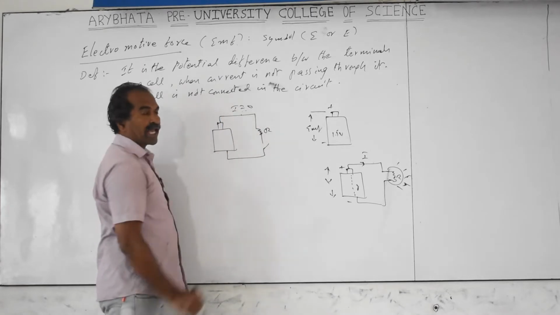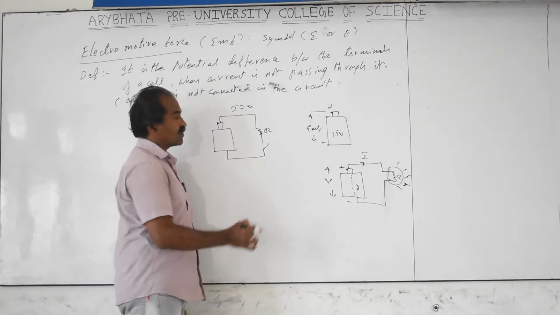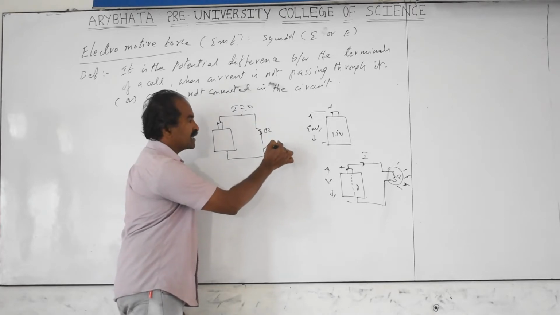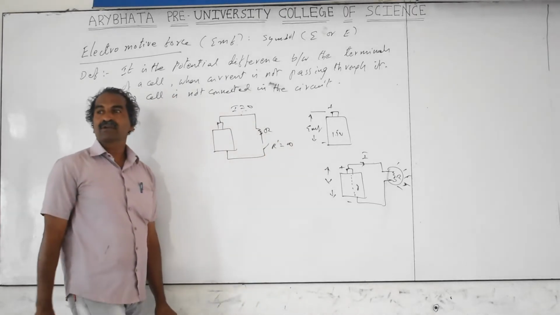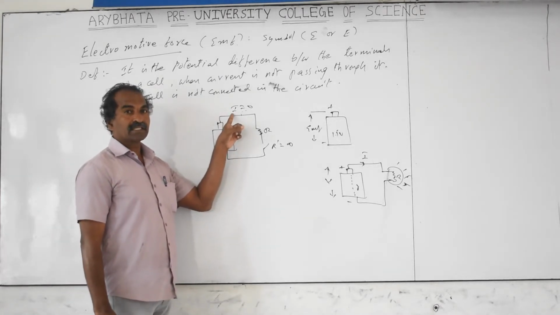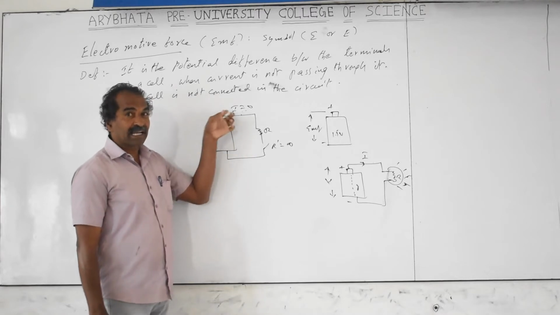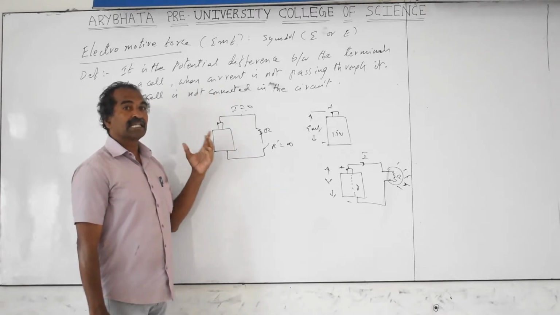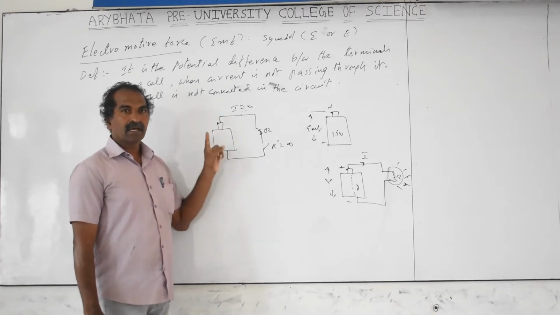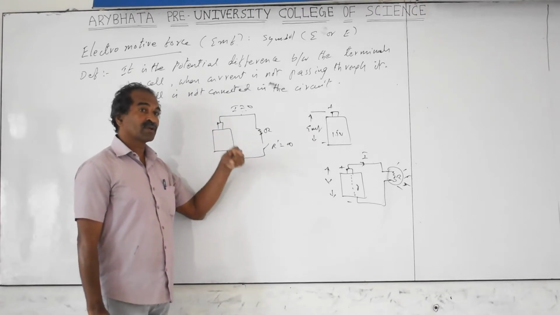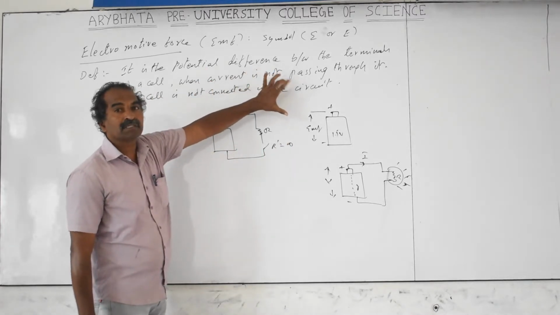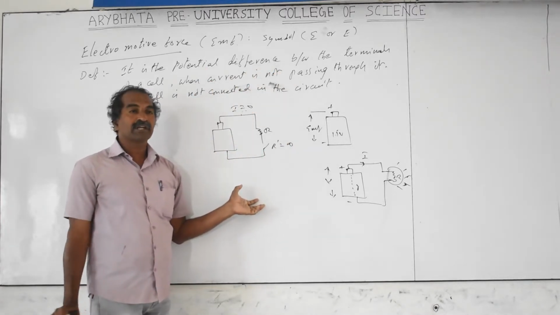Whenever I is zero, the resistance of this open circuit part is infinity. Open circuit resistance is infinity. When resistance is infinity, current is 0. The cell is in the circuit but current is 0. That point is important. The cell not connected is the same as the cell connected to an open circuit, or the cell connected to a circuit with resistance equal to infinity. The meaning is the same: current is not passing through. Later we are going to do some experiments with the potentiometer.